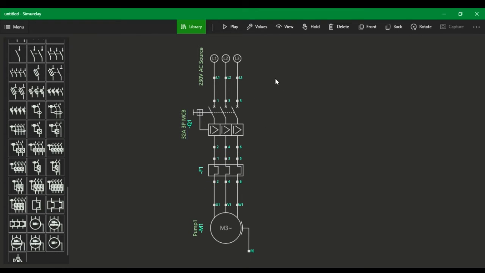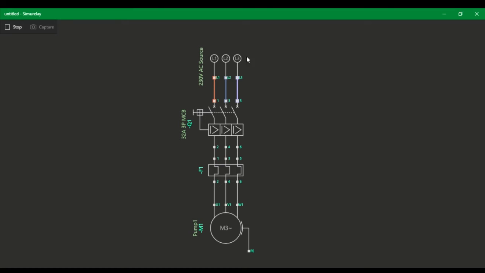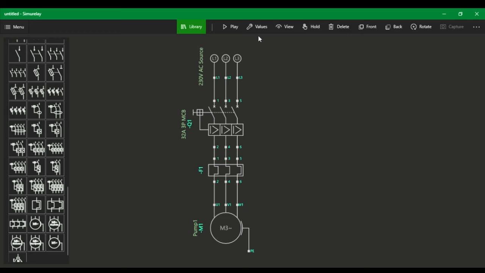Now let's go back to our play tab and see if we can simulate this. From the play tab, we close on this and you can see the motor is running. I'm opening the motor, I'm going back again. I want to help us understand how we use the value tab, how we use the value on the ribbon. Now from this design, you can see